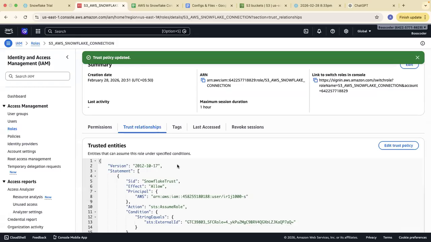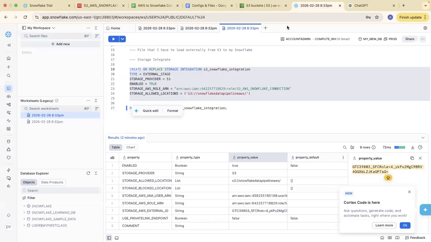Now you have done the whole setup. Now your S3 is fully connected to Snowflake. The next thing you have to do is create a staging layer. A staging layer is basically, see, right now you have created the storage integration, but the next thing I am going to do is load my data into a stage, into Snowflake, that Blinkit file that I have uploaded there.